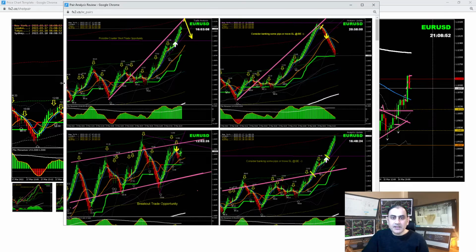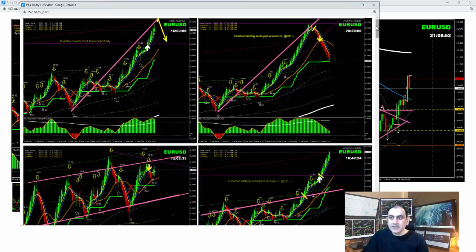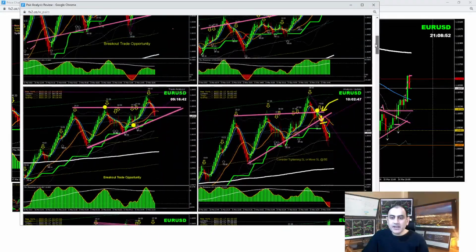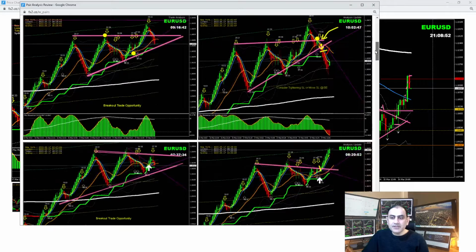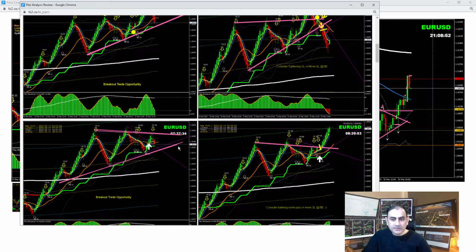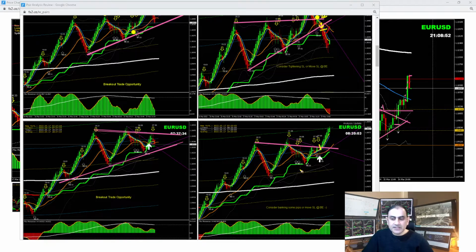Right, so let me make it slightly bigger. Okay, so this morning you can see here we have this breakout. Let me explain it. That's just before London Open. I did this analysis, pretty straightforward, as you can see here. Okay, so you can see here momentum is bullish, and the previous high is broken in the 4-hour,